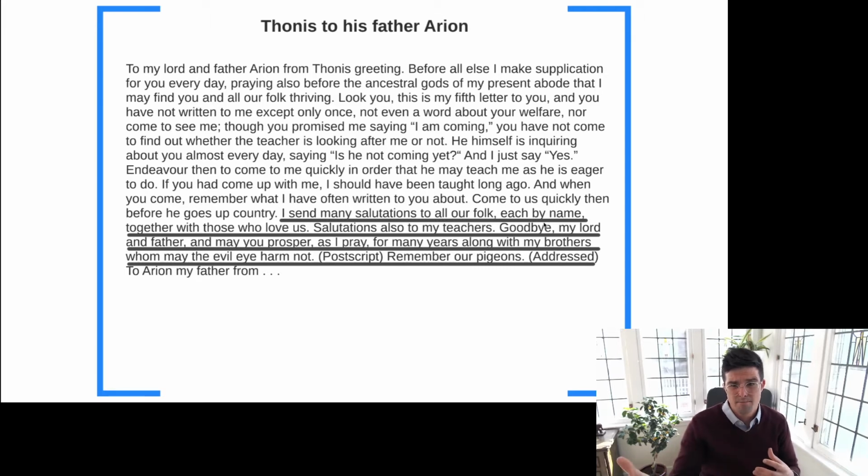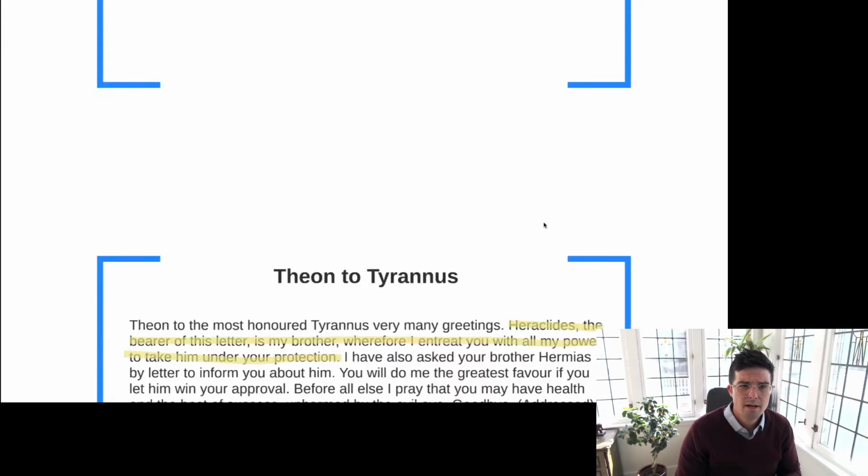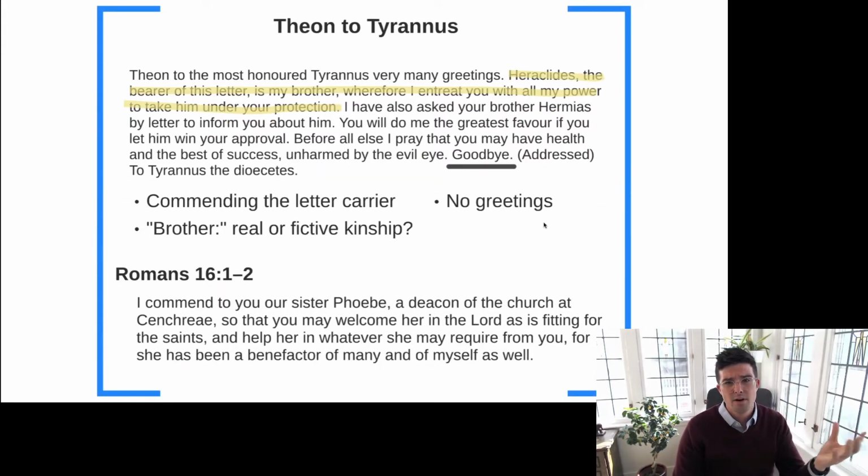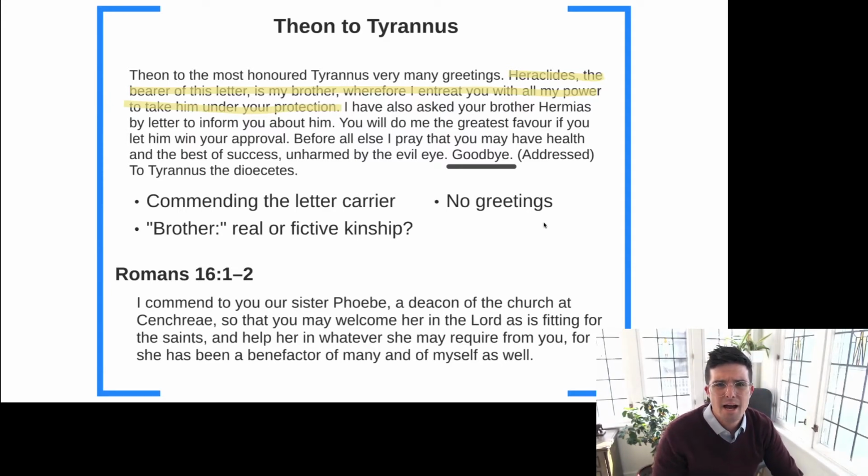Or he asks his father to pass these greetings along. And we see this also happening, not so much, I should say, in a letter to Theon, or from Theon to Tyrannus. In this case, not a lot of people are greeted. But what's interesting about this one with respect to Romans is that the letter carrier is commended, just as Phoebe,